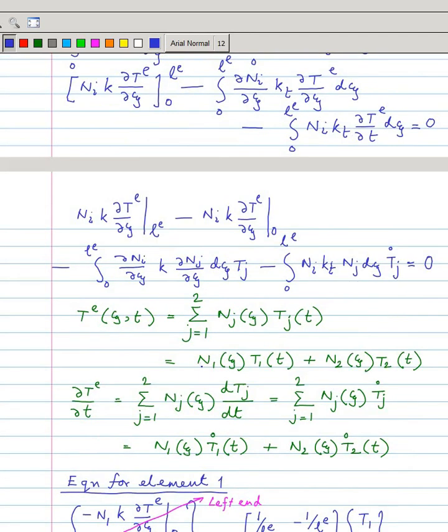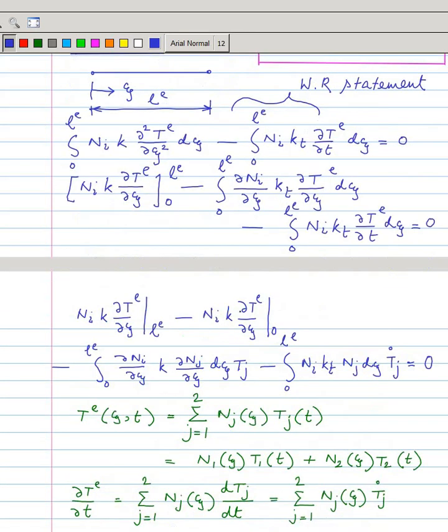Since it is a two node element, this is N1 T1 plus N2 T2, and when you differentiate with respect to t, N is not getting differentiated because N is not a function of time. So you put here Nj Tj dot and you get this term,